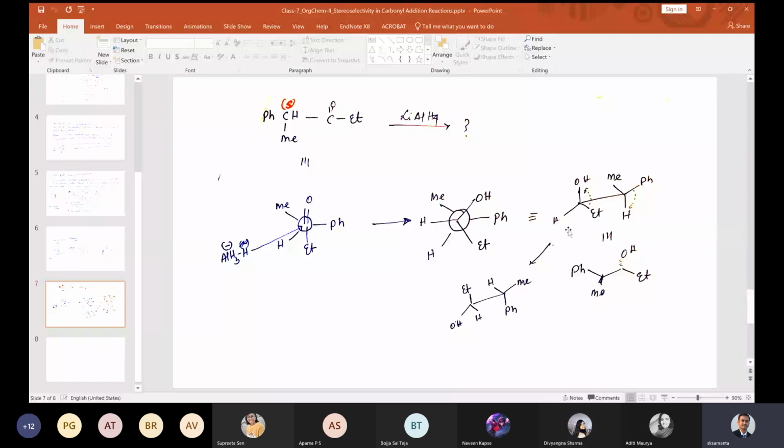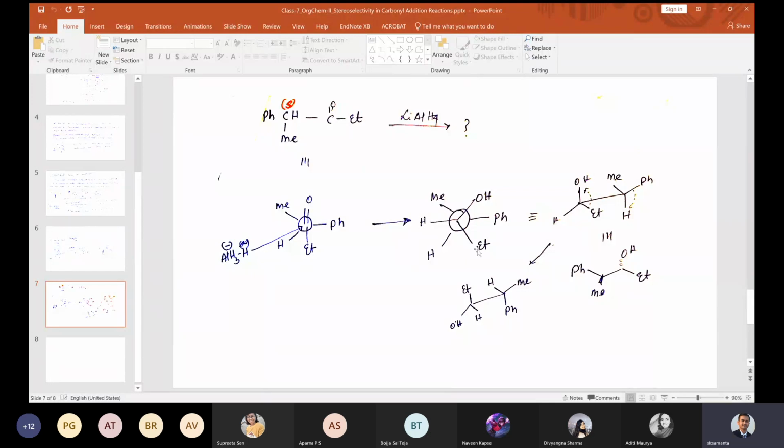Okay. So now let's convert this Newman projection formula into the Sawhorse projection formula. Here this is very easy because you just rotate it. Let's say you take the molecule and rotate it a little bit anti-clockwise. Then these two carbon centers, which were on one point, now come to two points. You are looking from this side. So you just rotate this molecule in the anti-clockwise direction, you get this one.